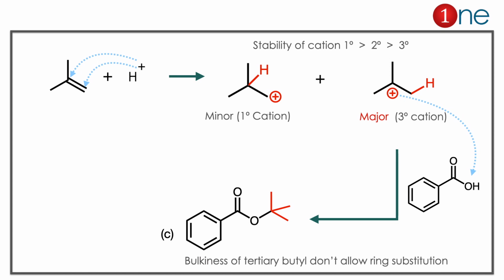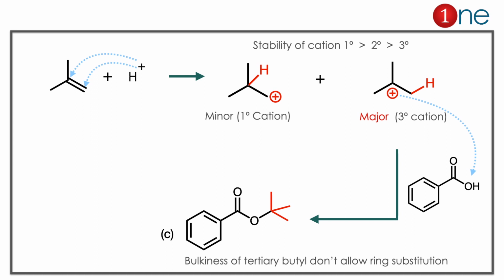The starting material, you are using sulfuric acid, so it's an H plus donor. So what really happens is it donates the H. Once hydrogen is attacked, you have two possibilities. The first attack leads to a primary cation, the second attack leads to a tertiary cation, but as we know, the tertiary cation is stable. Another important thing is where it will attack. You are using benzoic acid. In benzoic acid, it won't attack the ring because the cation is hidden inside the butyl system, inside the central carbon. So only the terminal atoms can bond with that one. So benzoic acid leads to ester formation with the tertiary butyl group. So the answer is clearly C.